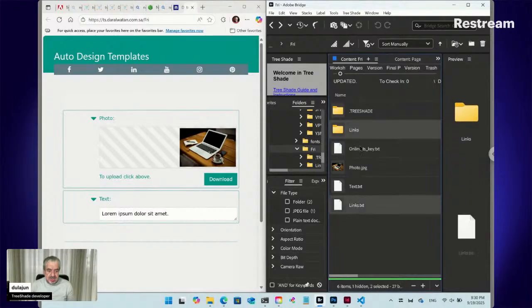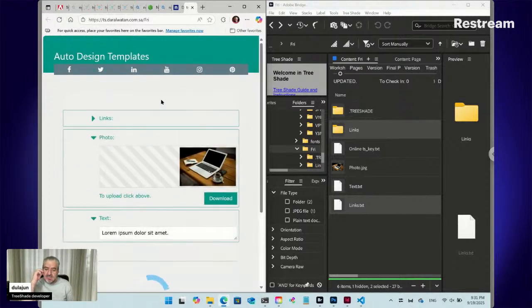Now TreeShade matches the two folders and reveals the sub-content and considers this file as rendering for the content. But here, to load on the online form, we don't care about the content. The content is related when you want to place the content of links in a dynamic way inside InDesign or inside an HTML page. Anyway, now if you refresh,